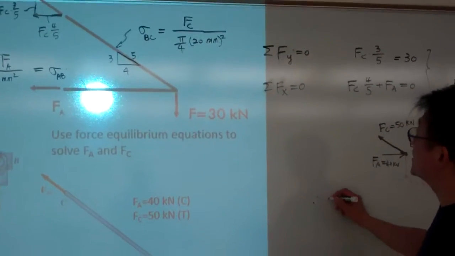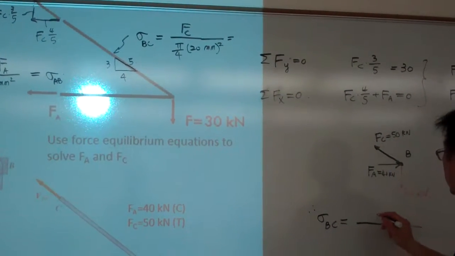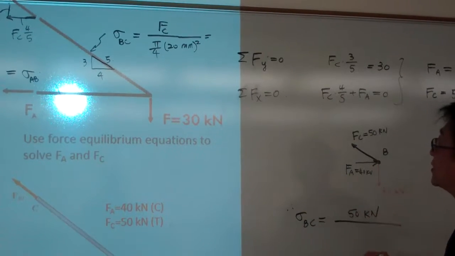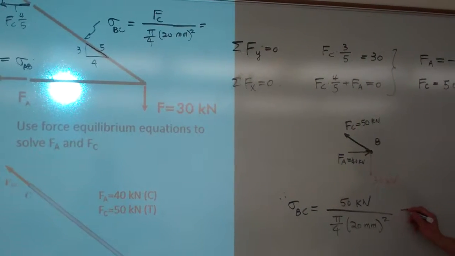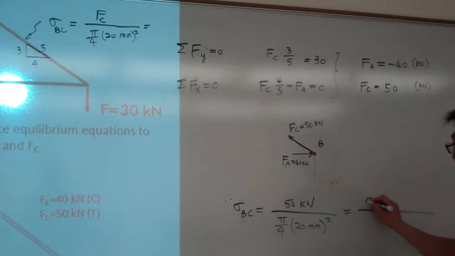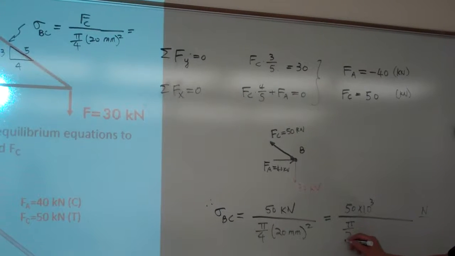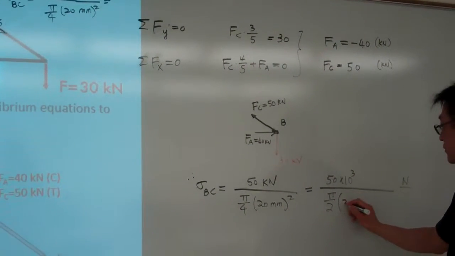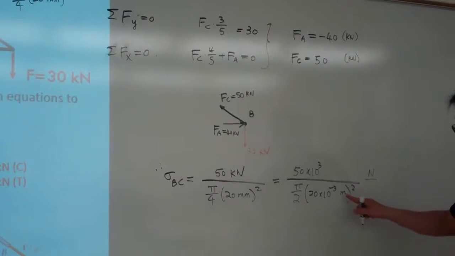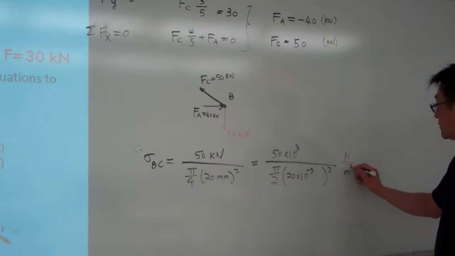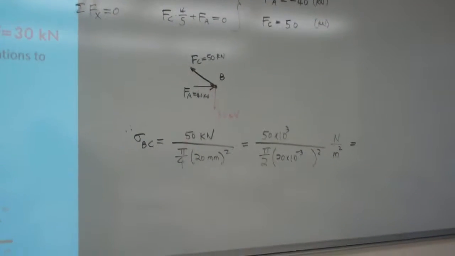So therefore, the stress BC will be equal to, calculated using this equation here, Fc, which is 50 kilonewtons, divided by pi/4 times 20 millimeter square. Okay, then let us implement this one carefully. Here 50 kilonewton is 50 times 10 to the 3, and we put the unit here. And this one is pi over 4, and let me convert it into meters. So 20 millimeter is 20 times 10 to the minus 3 meter. So let me get the meter out here. Do this carefully, 50 divided by that one will be equal to